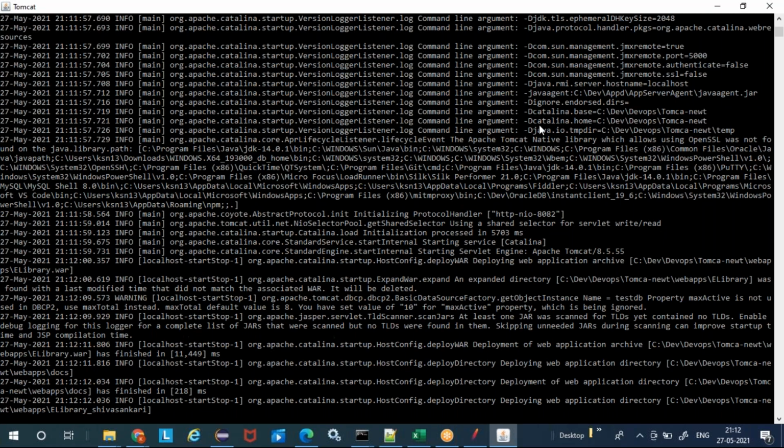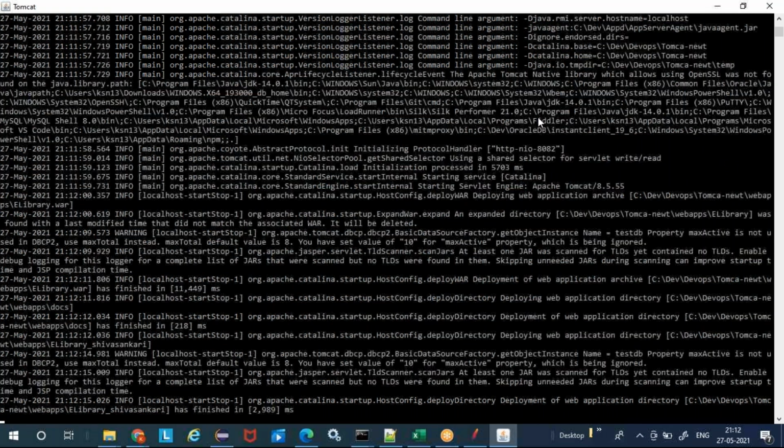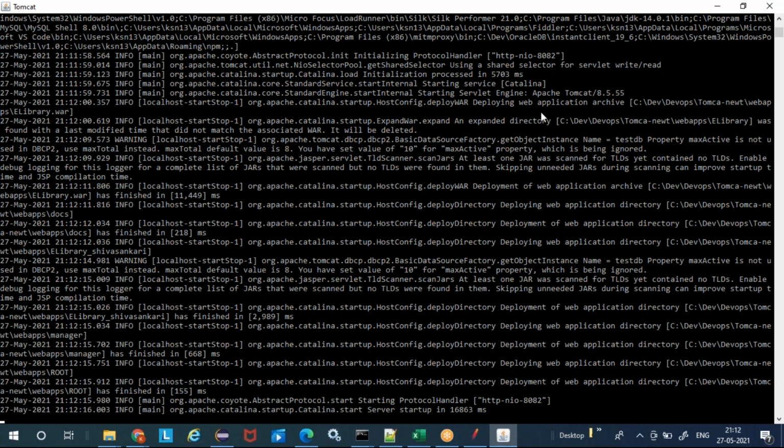Okay, fine. So now we just created a WAR file and deployed it in the Tomcat. This is just for our understanding of what we are going to do in the course. In the course, we will get into this in detail, how to set the Java environment variables, all these things. But this is more of an intro to what we are going to learn.